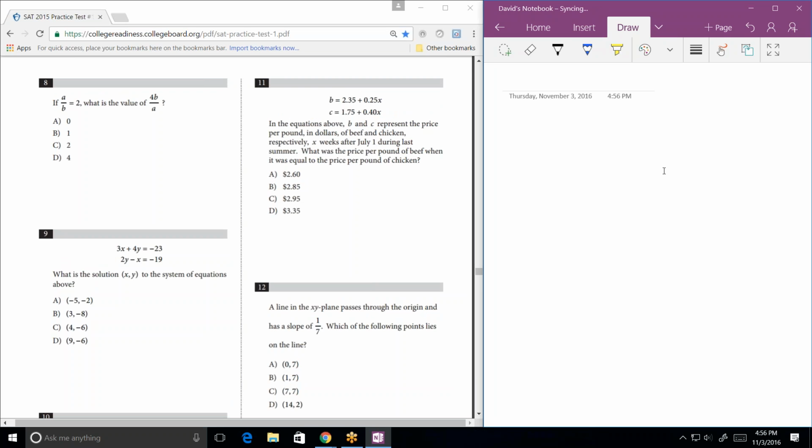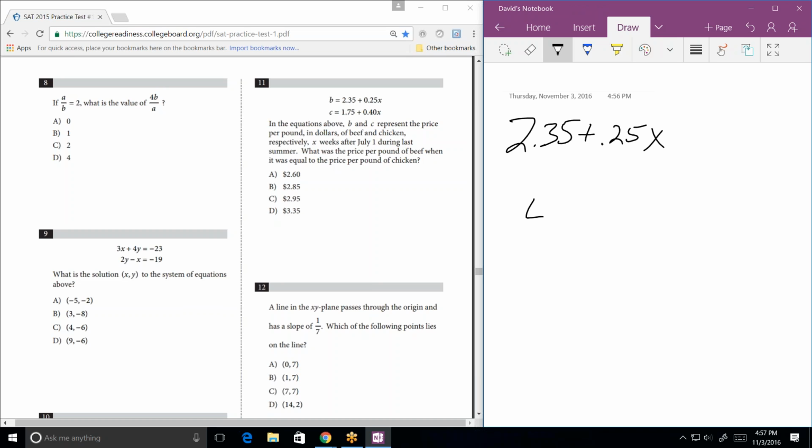Yeah. In the equation above, B and C represent the price per pound in dollars of beef and chicken. What is the price per pound of beef when it is equal to the price per pound of chicken? Don't you just set these two equal to each other? Exactly. And then you have one equation, one variable, you can solve for it. Okay, so it'd be 235 plus 5x equals